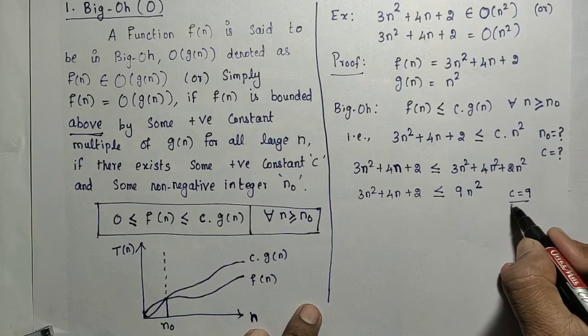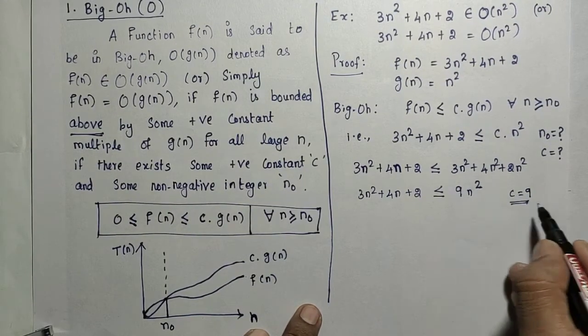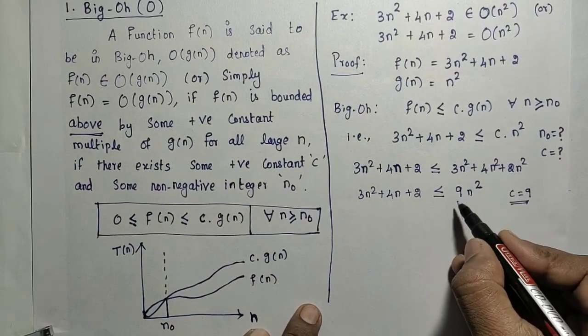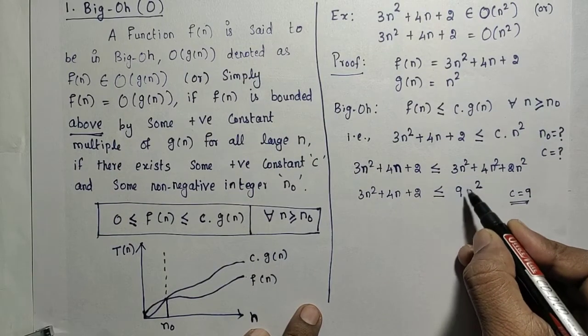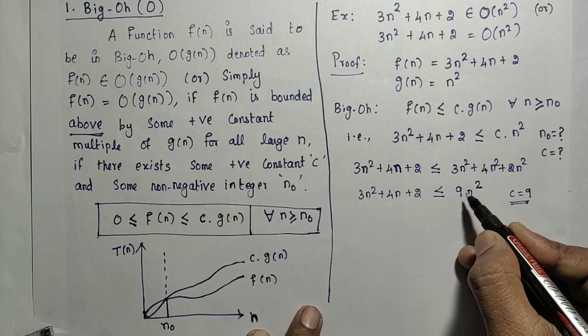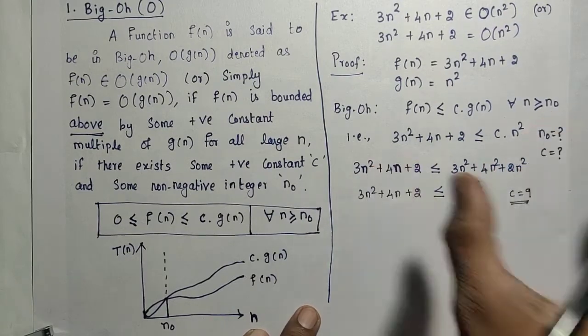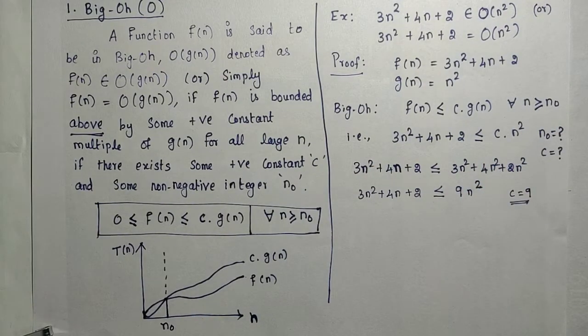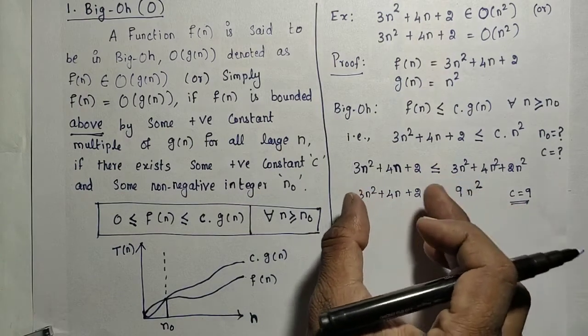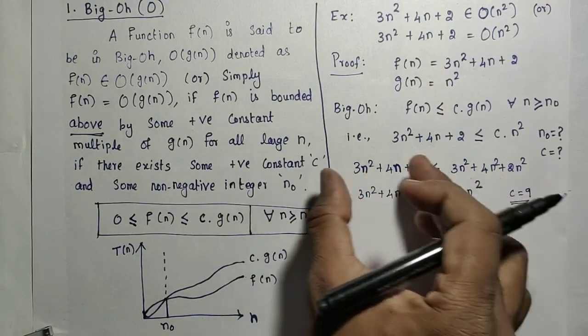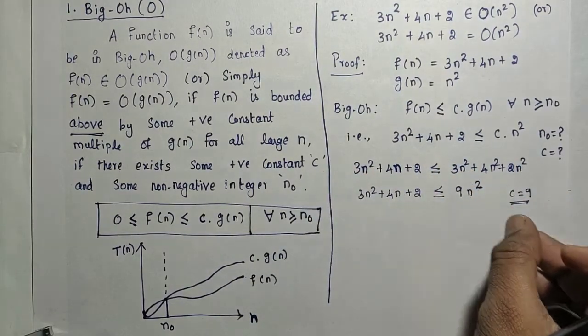So this is only the induction method. It is not necessary to be 9. We can say that it is 8 or 7 or some other value we can substitute here. So for this c value, after this n naught value, this condition is true. Like that only you have to prove it. To prove it as a shortcut method, let's raise the power and then 9 into n squared, like that.